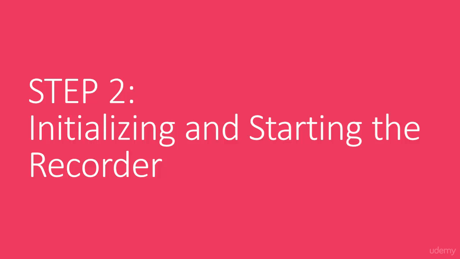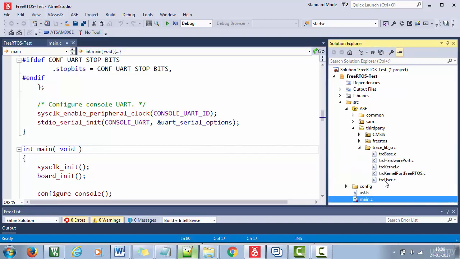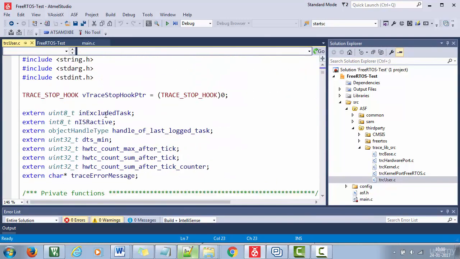Hey, welcome back. So in this lecture, let's start with our step 2, that is initializing and starting the recorder. To initialize and start the recorder, you have to add two APIs. These APIs are mentioned under trace user.c. If you browse this file, you will find them. For example,